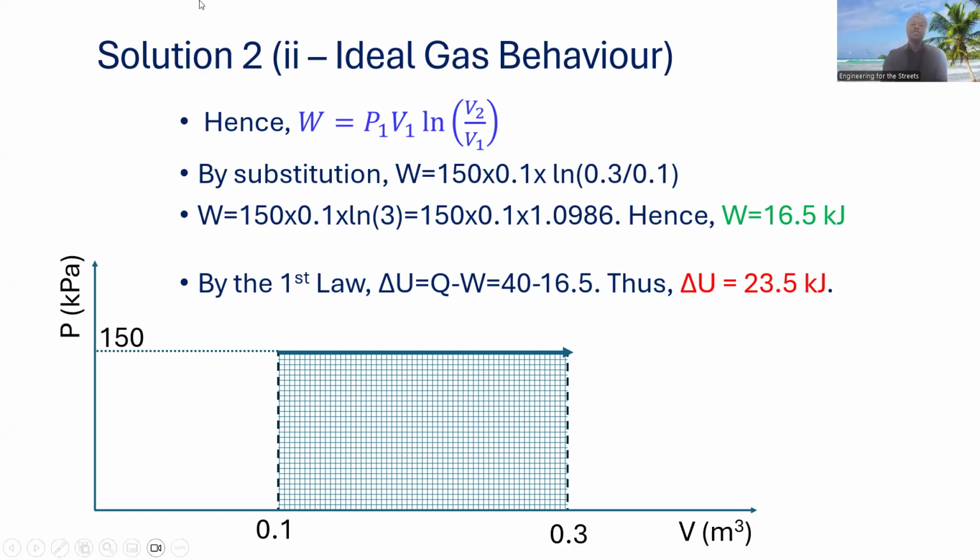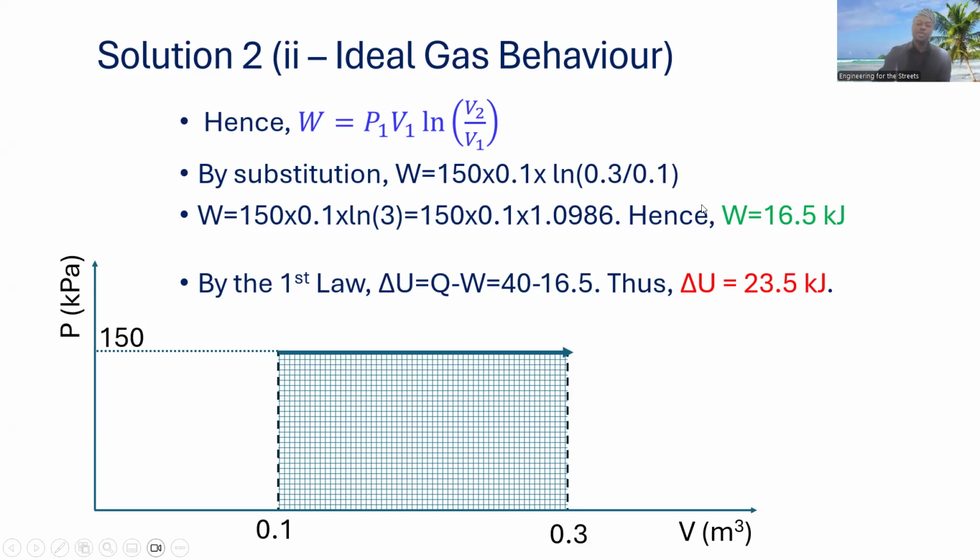So replacing K with P1V1 and substituting, we have W equals 150 times 0.1 times natural logarithm of 0.3 divided by 0.1, which eventually leads to work done equals 16.5